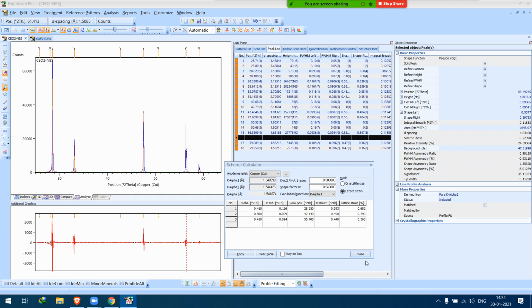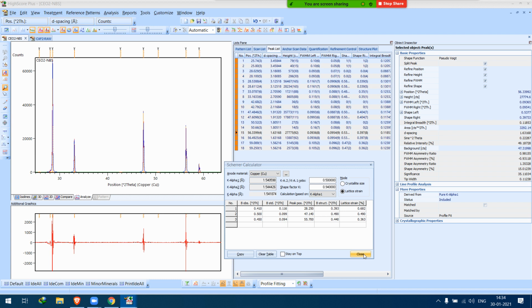You can go to the help file and have a look at how this B structure is calculated. Then you will observe that for crystallite size it's a different calculation, and for lattice strain it's a different calculation. That's why we don't have another column next to it. Okay, so this is how the Scherrer equation has to be used.